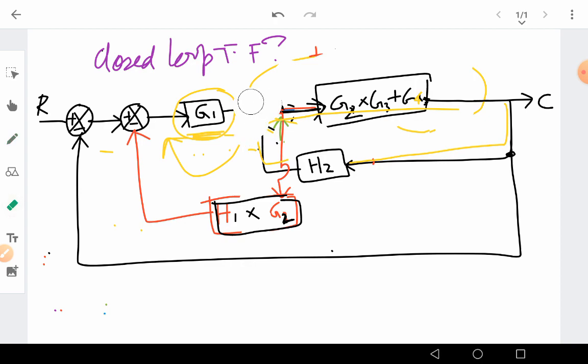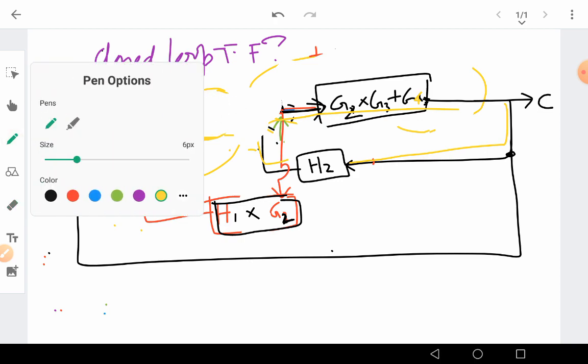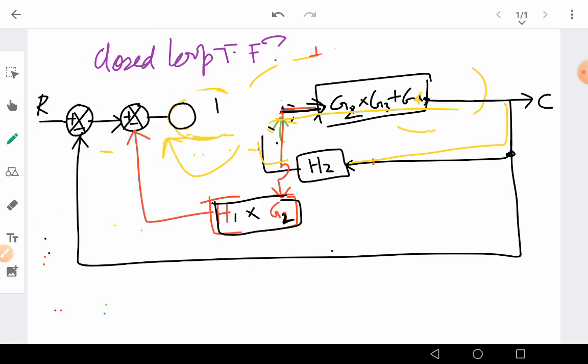So what I'll do, I'll exchange this summing block, and this now becomes the G1, this is G1. Okay, now this H2 has to go to that point, it will have to go to this point, right? So what is the problem? The problem is now it is again coming across the G1 gain, so I need to add one more block here. I need to add 1 by G1 here to reduce that extra gain coming here, right?